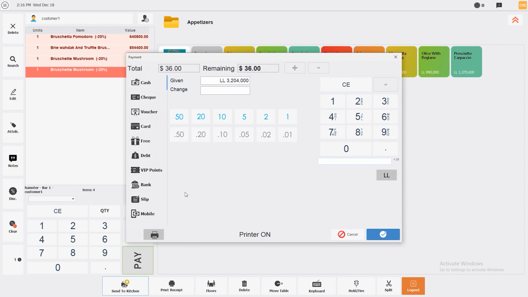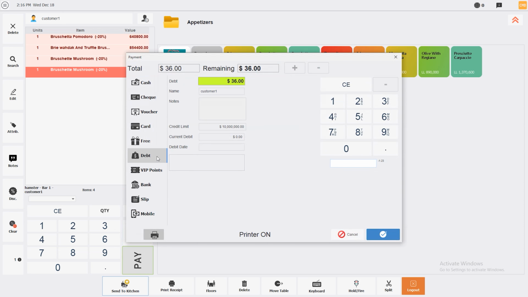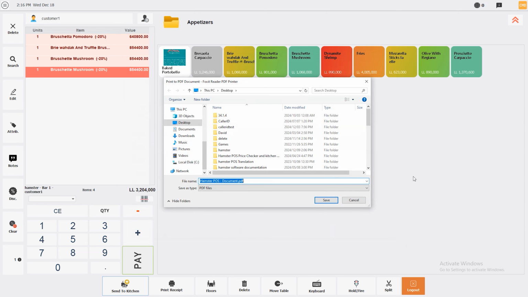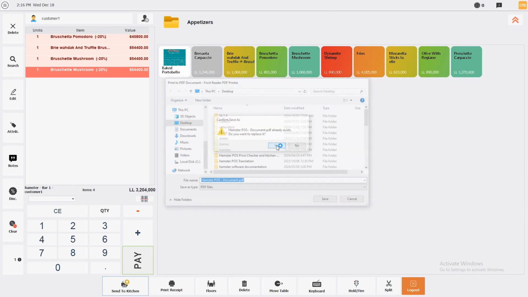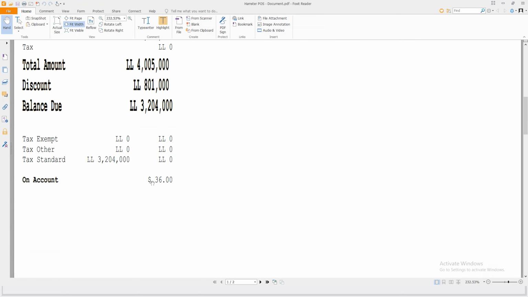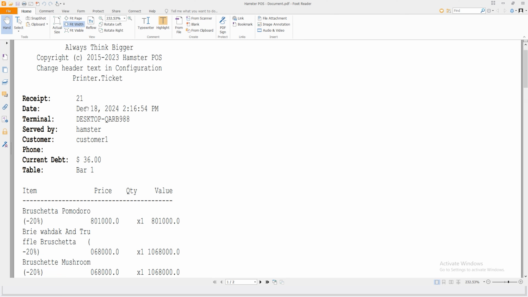Click on Pay. We wish to pay as a debt. Select the debt method, you will see the amount of debt, customer name, and the credit limit. Click on the Check button to close the bill. The debt will be registered to the customer. On the receipt, the debt will be referred to as On Account, and it will also have the customer's name